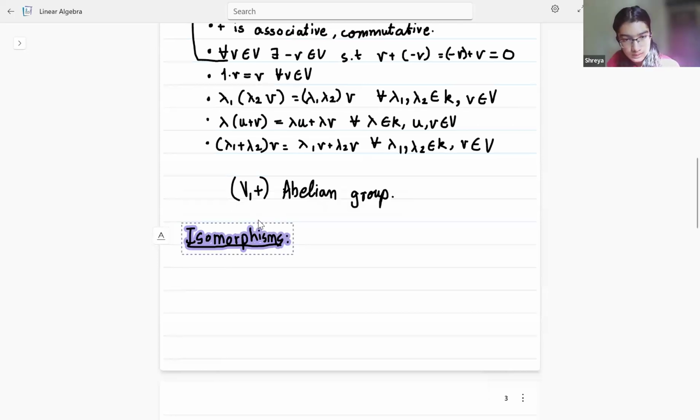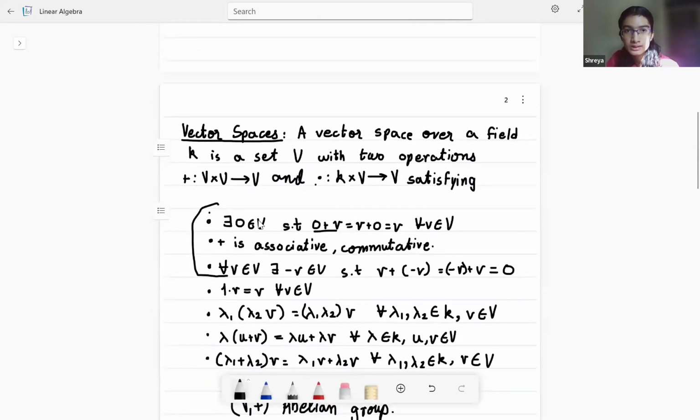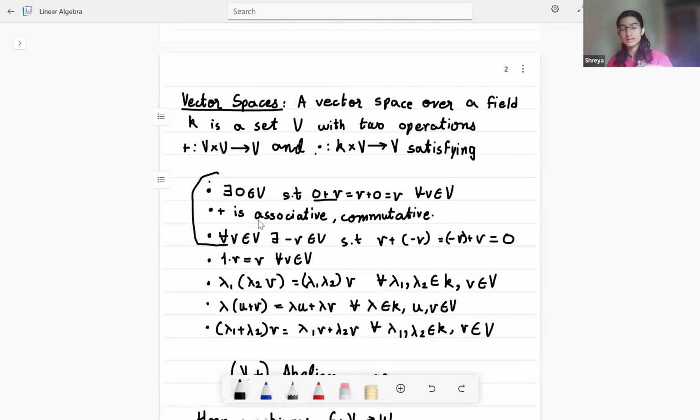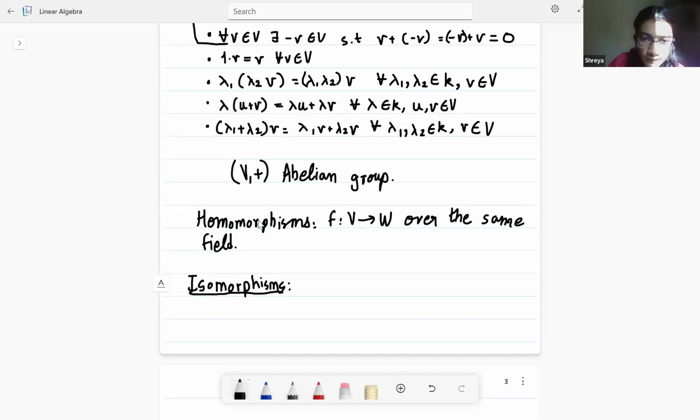Okay, so we have homomorphisms, like f from V to W. Note that a vector space only makes sense over a base field K. Without a base field, there's no real meaning of saying that something is a vector space. So if these two are vector spaces over the same field, then